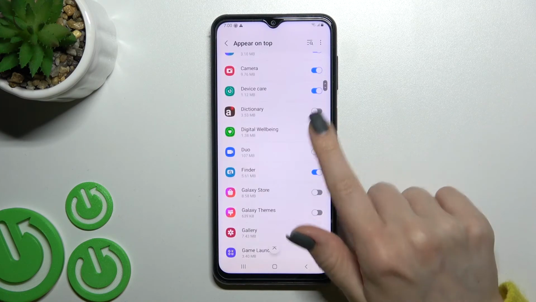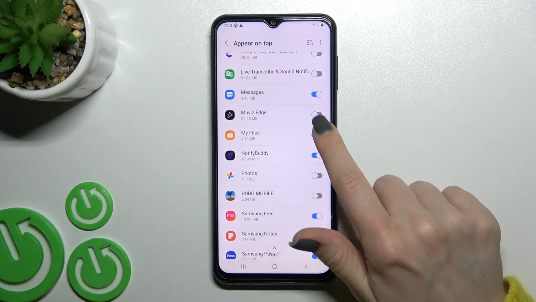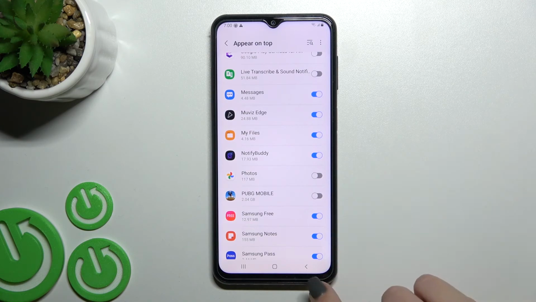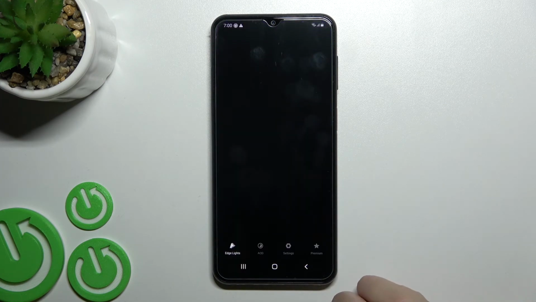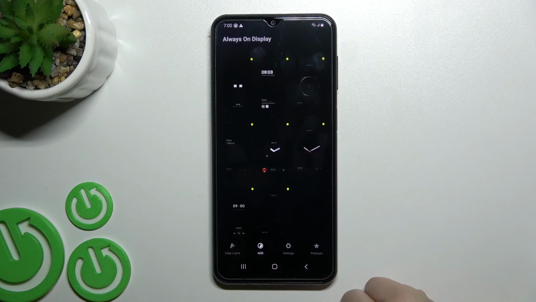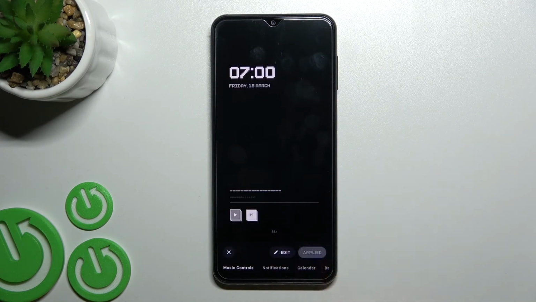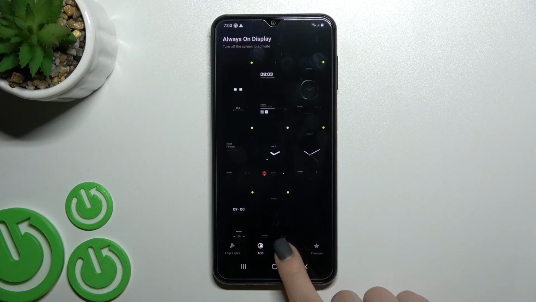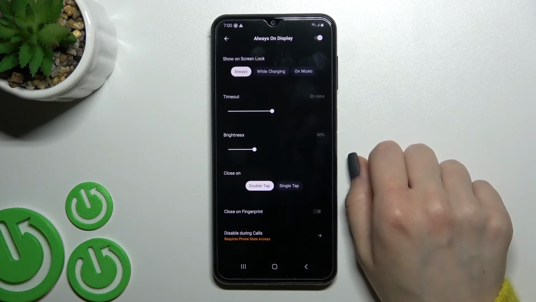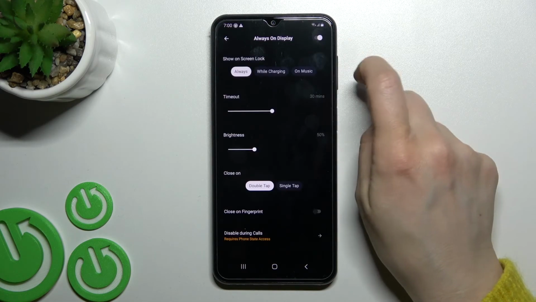Now just here find the Muviz Edge application and click here once on the switcher and go back here to the application. Click here to the AOD and select one from this always on display tab, apply one from this tab, and here click to the settings, tap to always on display and be sure that this switcher is turned